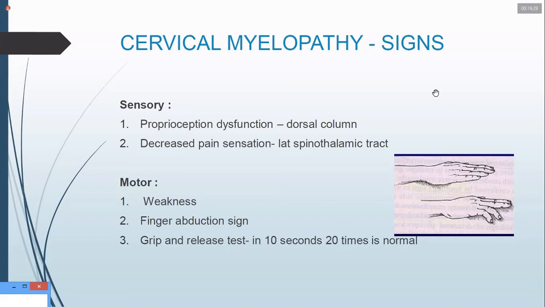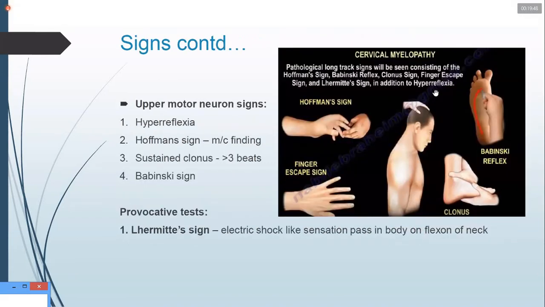Another sign is the grip and release test. In 10 seconds, we can grip and release up to 20 times. That is normal, but myelopathic patients cannot do up to 20 times in the grip and release test. And upper motor neuron signs. The different upper motor neuron signs